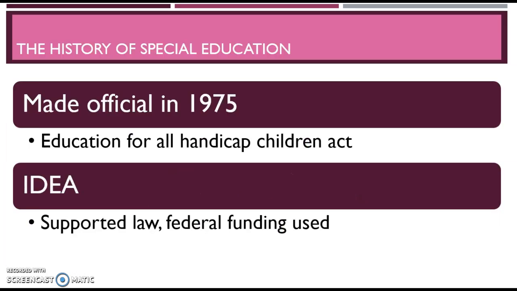Some of the history of special education that we've learned throughout the semester. Special education started and was made mandatory in 1975 through the Education for All Handicapped Children Act. This act was then strengthened by the IDEA, which supported federal funding. This gave free education for students with disabilities and the use of IEP, which is the Individual Education Program, and this set a placement with the family and schools with the needs of each individual student and gave general education.